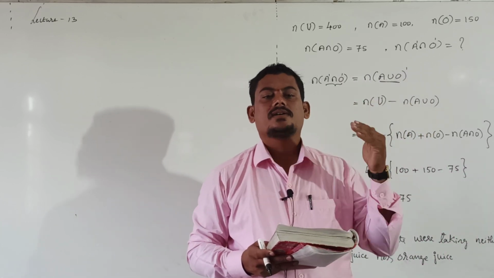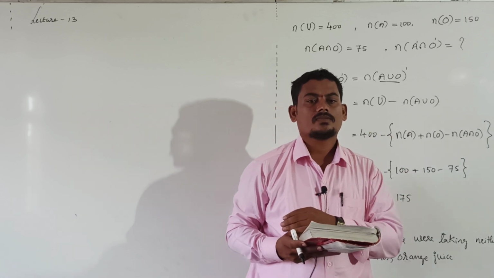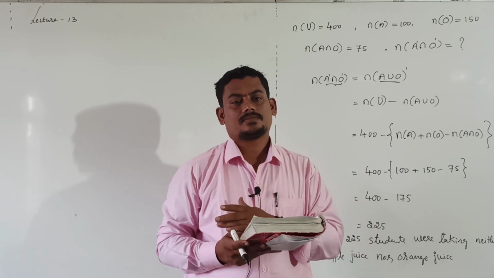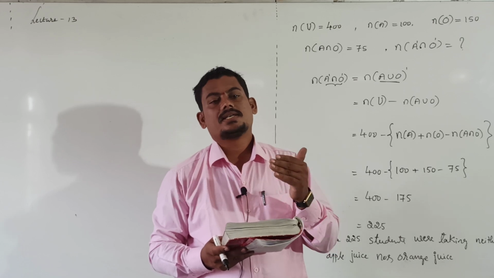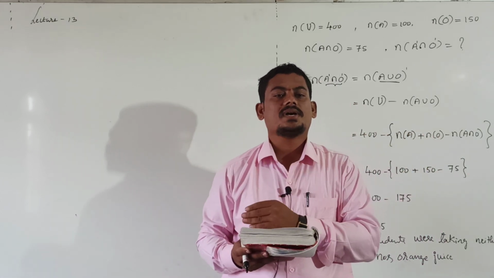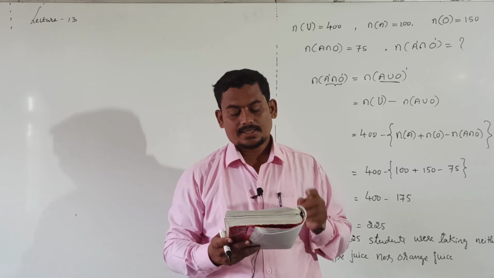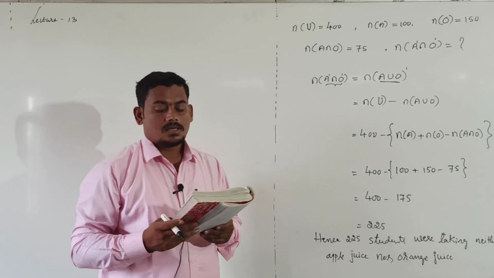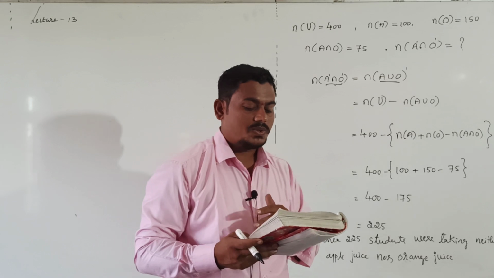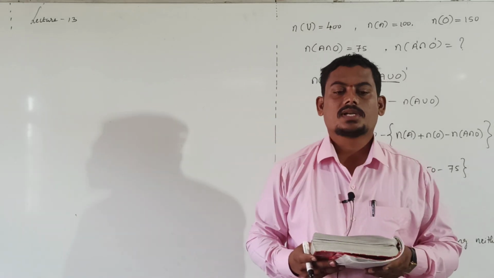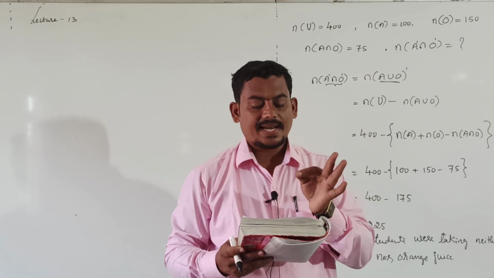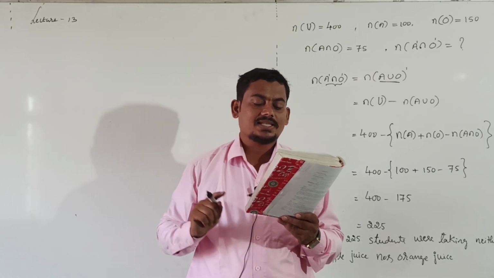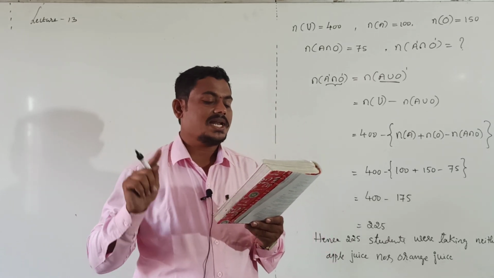50 individuals because of chemical C2, and 30 because of both the chemicals. 30 individuals are suffering from a skin disorder because of both chemicals C1 and C2. Find the number of individuals exposed to: first question, chemical C1 but not chemical C2; second question, chemical C2 but not chemical C1; third question, chemical C1 or chemical C2.